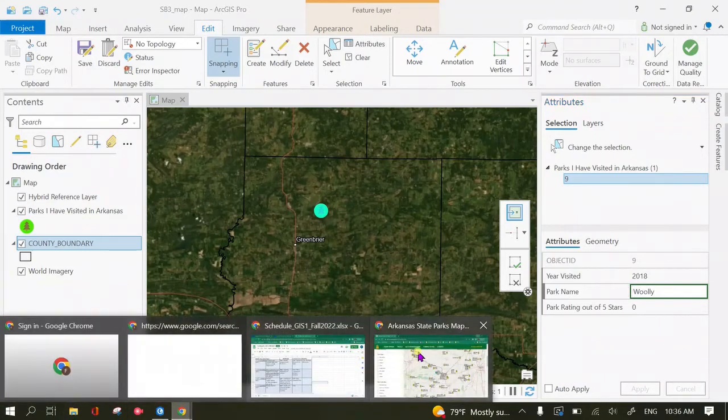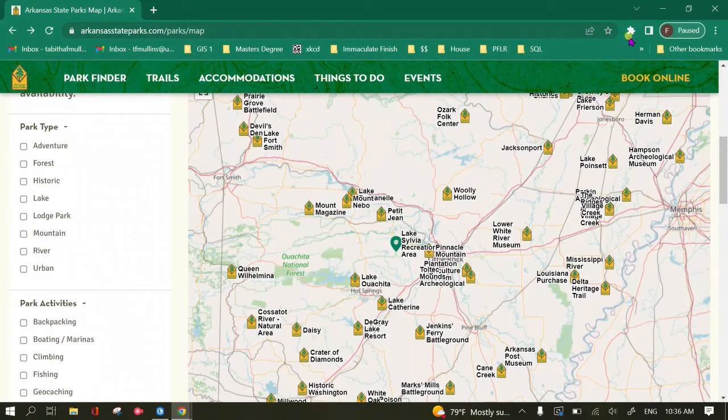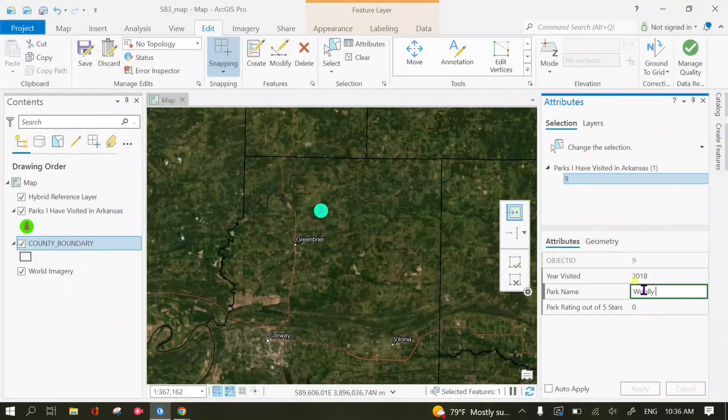Woolly. I don't know how this state park is spelled. Let me look it up. 2 O's and 2 L's. Woolly Hollow. Give it a 5. Click Apply. And after you've clicked Apply for the attributes, you're still going to have this Create Features option to